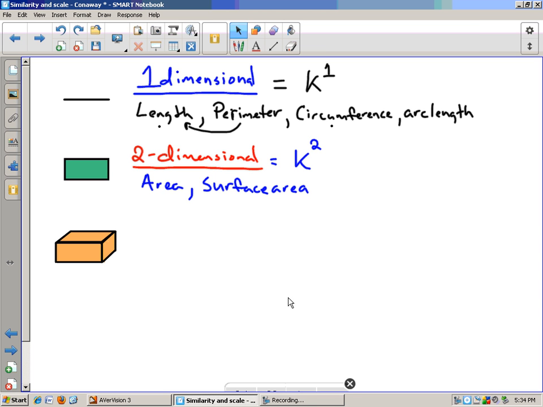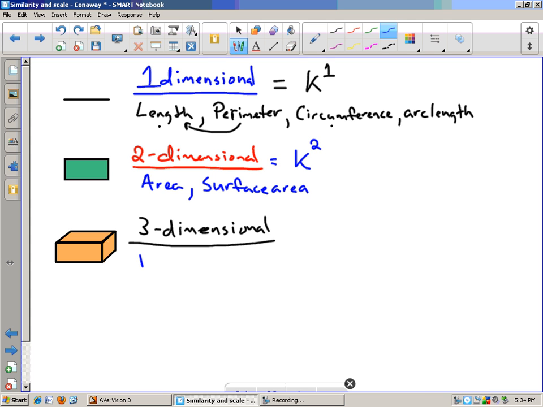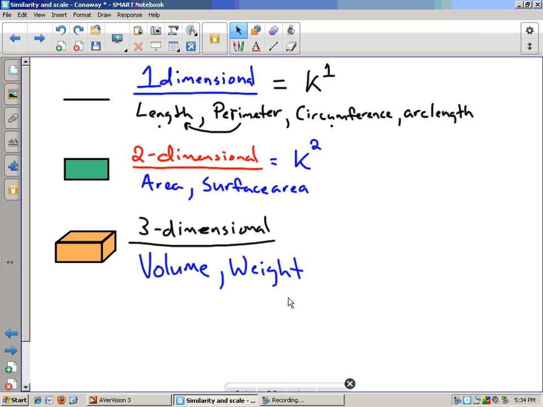And then finally, the 3D, three-dimensional objects, the three-dimensional measurements that we could see scaled up are going to be volume, weight, okay, or mass. Might have been a better way to put it. Mass. Because weight is dependent on gravity. So, these would all be scaled up to a factor of